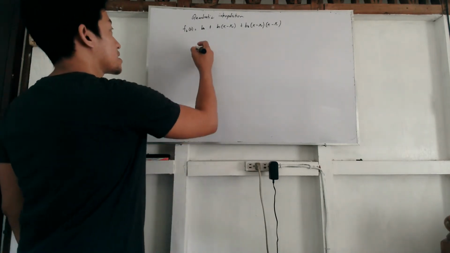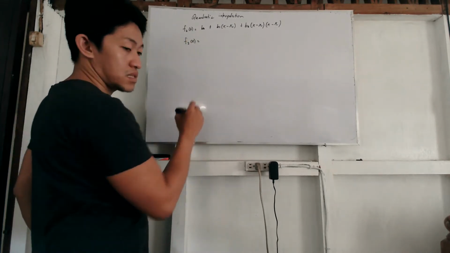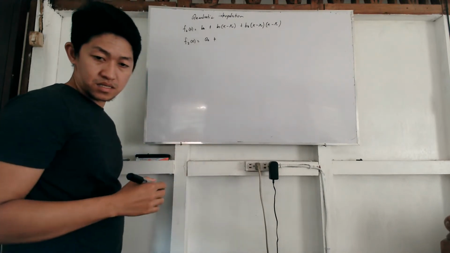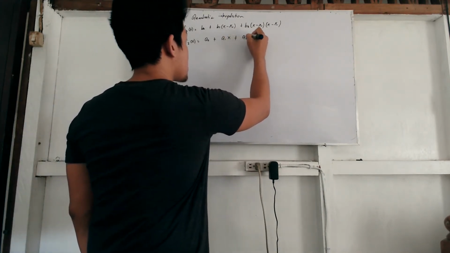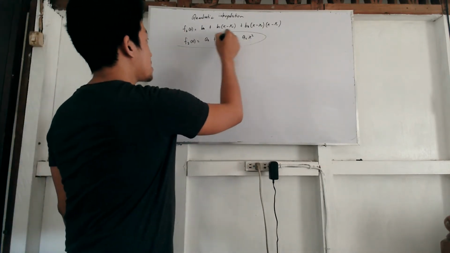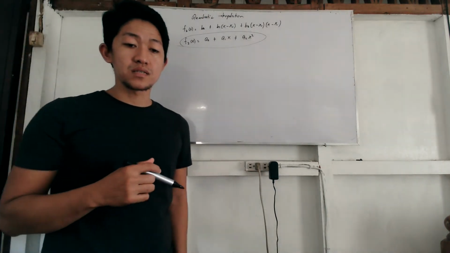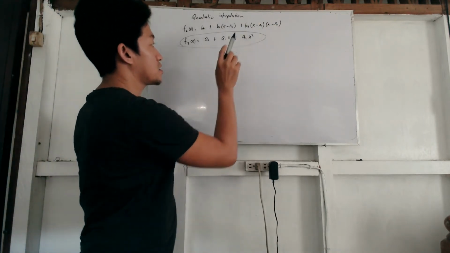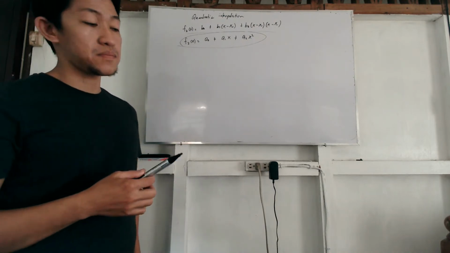Actually, this is just equivalent to this form: a sub 0 plus a1 x plus a sub 2 x squared. Okay, so this is the general second order polynomial representation. But we can also express this one into this form. They are just the same. Okay,